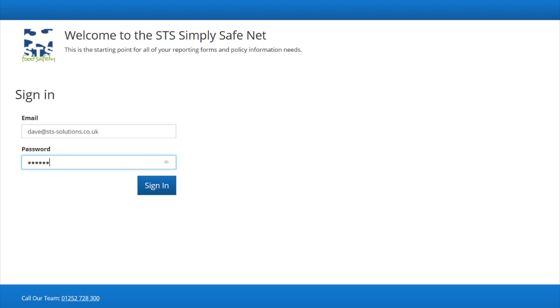I'm just going to spend the next few minutes showing you around this software, key features of it. So as you can see over here, I've already filled in my email and my password. These will be provided to you by the admin team. So once you've done that, if you just click on sign in,